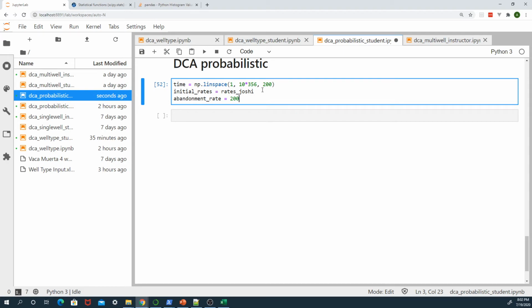We're going to fix the beta factor for this exercise as a hyperbolic decline with a coefficient of 0.5, and the decline rate,